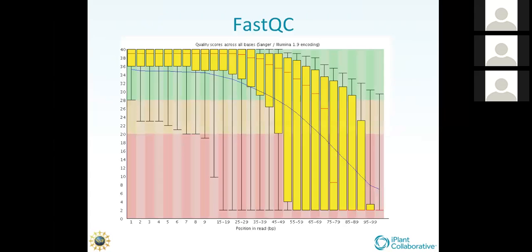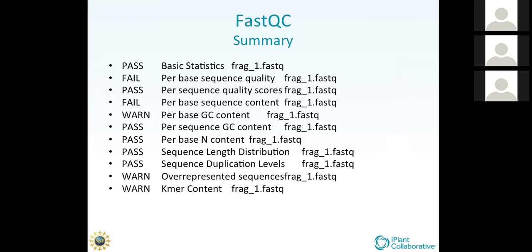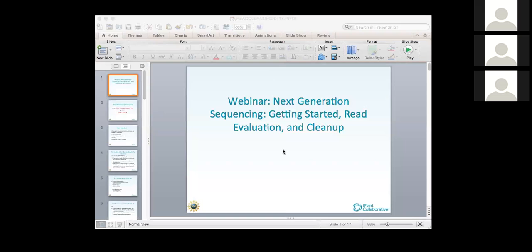So let's go on and talk a little bit about FastQC. FastQC is the main step that's run by the prepare directories and run FastQC step, as the name implies. And it does nice things like puts together graphs and assembles information. It summarizes it. It does all this in a way that can be helpful to you in understanding your data and better assessing it. So let me now go to